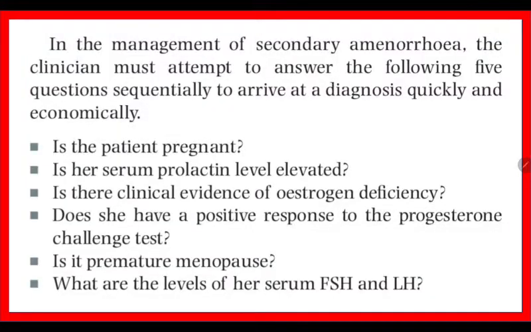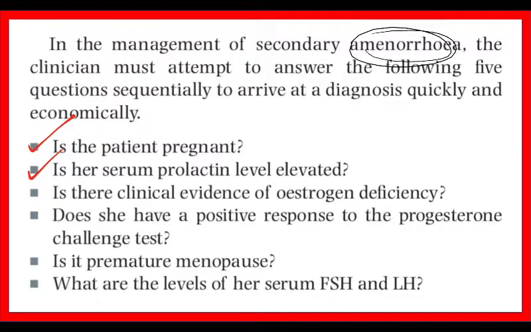And one important thing to say in secondary amenorrhea, whenever we are going to manage it, this is to be kept in mind. The patient has menstruated before, and now she is not menstruating for more than 6 months. So first think whether she is pregnant, or whether her serum prolactin level is raised, because prolactin will cause amenorrhea,